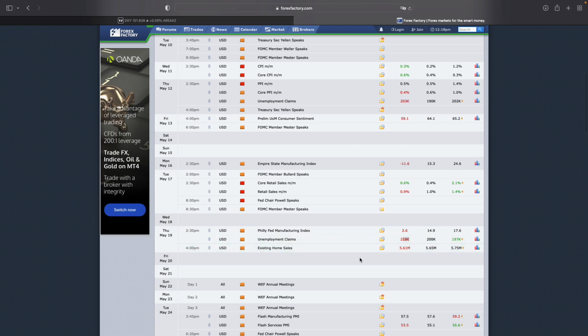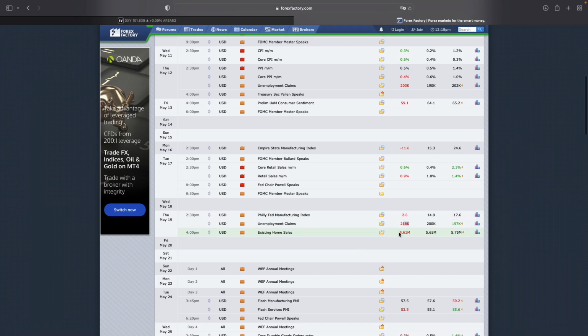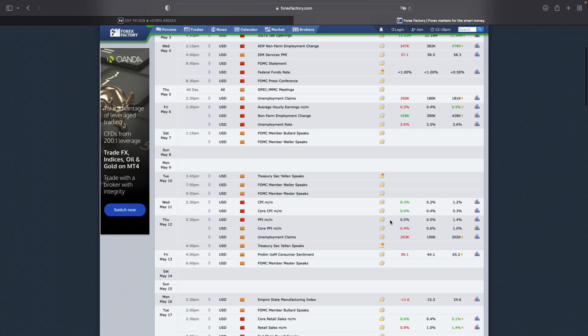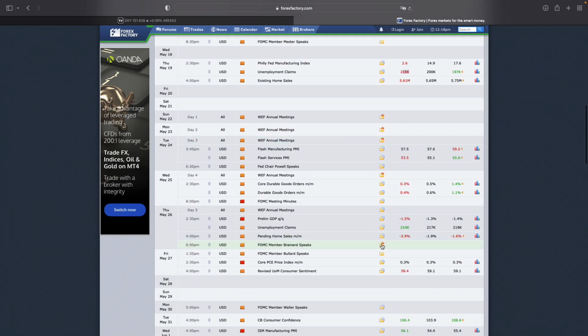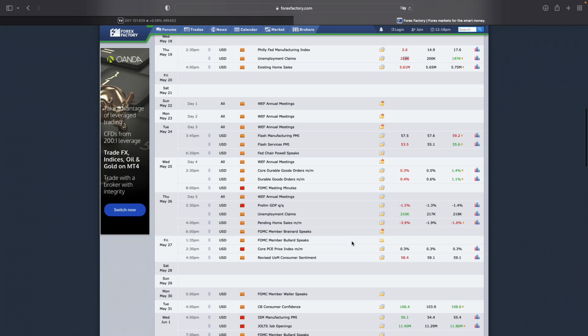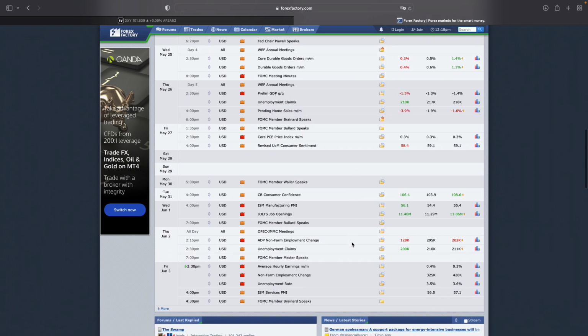Which is, again, not what you want to see. You want to see these numbers come through lower, but you can see that it had increased week over week, and then within the last week I think we pulled back from 218,000. The expectation was 217, and that dropped, so fewer people actually filed for unemployment claims.